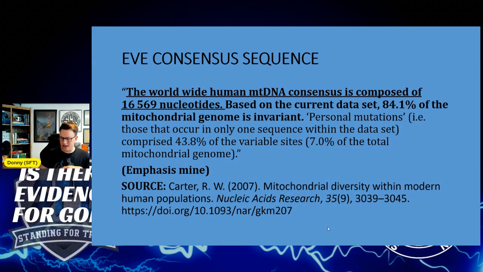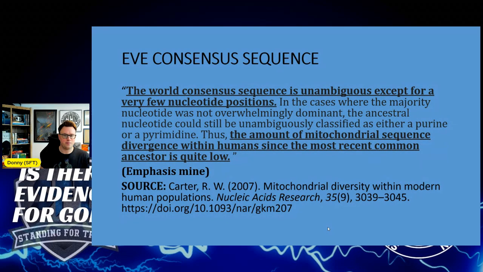And so what we find here is that variation is low. We know the mutation rate is fast. It's between 0.1 and 0.5 in the mitochondrial DNA per generation. And so the amount of variation to account for in the mitochondrial genome, it's trivial. And it's easily explained in just a couple hundred years. The biblical model of ancestry accounts for the low variation quite easily, because most people in the world are only a few differences removed from Eve, the Eve consensus sequence, to be exact. And then you've got your African lineages that are more divergent.